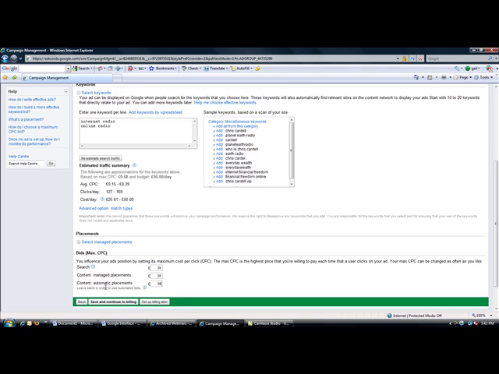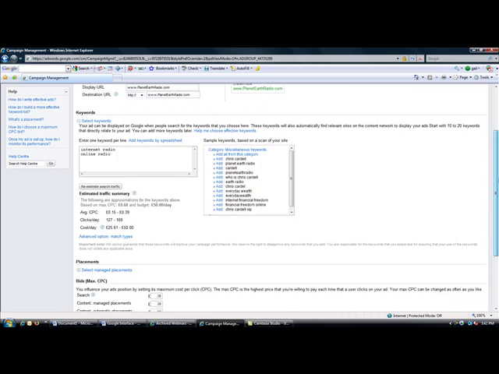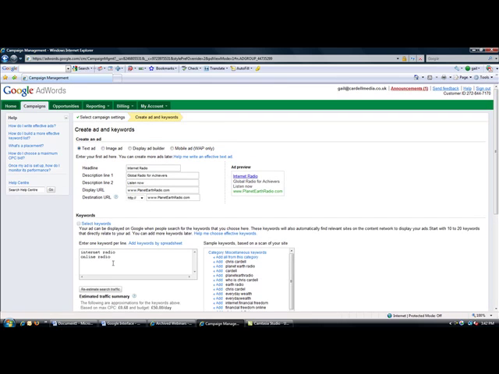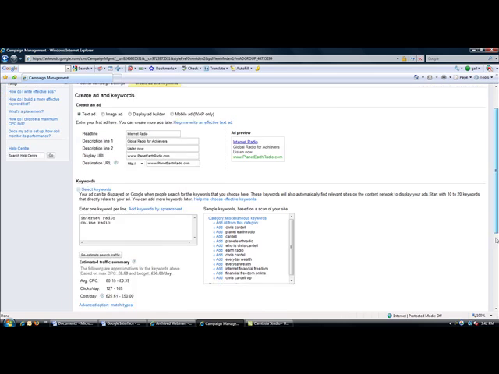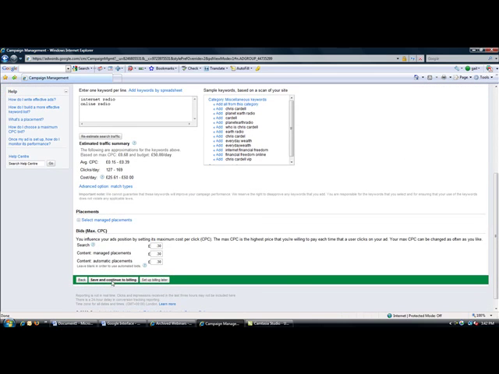Now, you do this, you're done. So we've got our ads. We've told Google the words that we want it to appear on. We've decided how much per click. That is basically it. And if we hit on there,